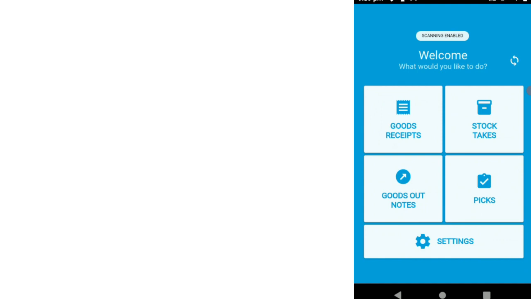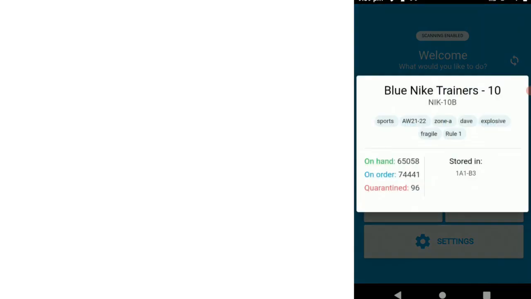If I wanted to move stock between locations, from the home screen, all I need to do is scan the barcode of an item. It'll bring up the item with its name, its SKU, any associated tags. In this case, we can see item tags include sports, zone A, explosive. We can see the on-hand inventory, on order, any stock that's been quarantined, and we can see the associated storage